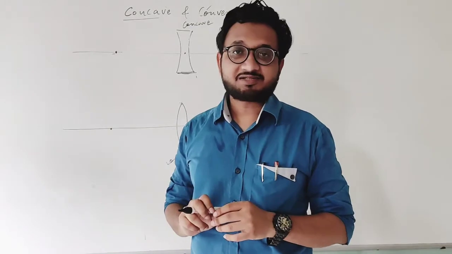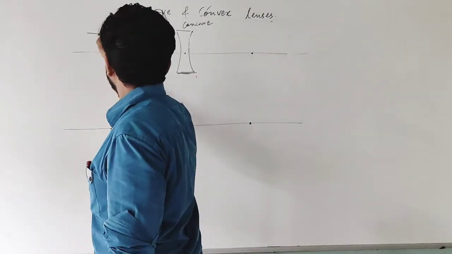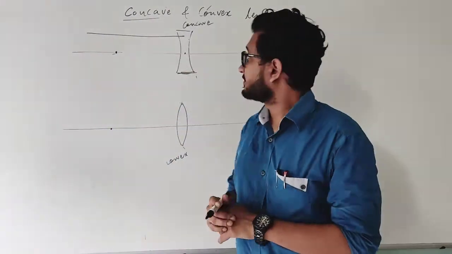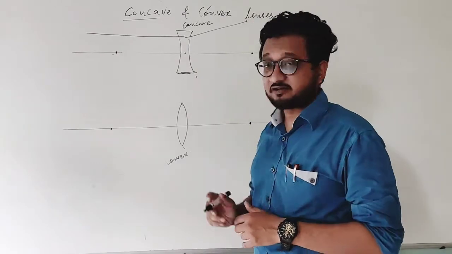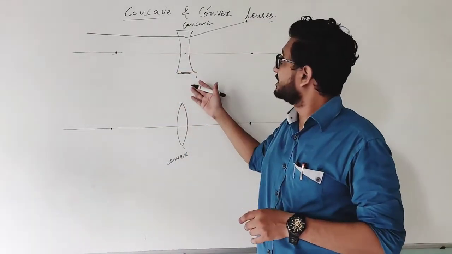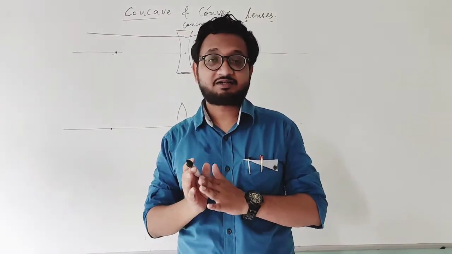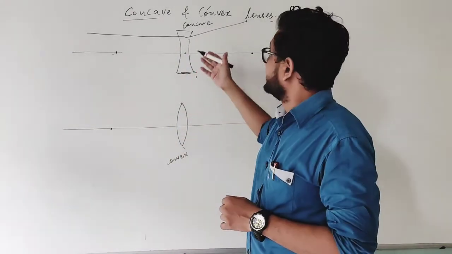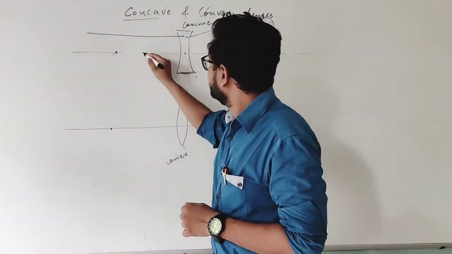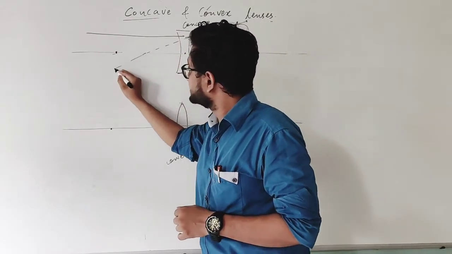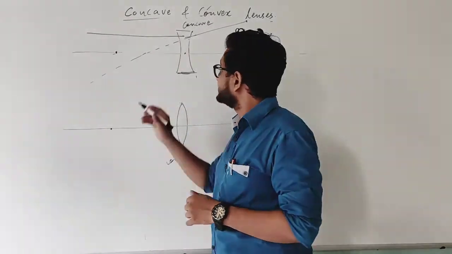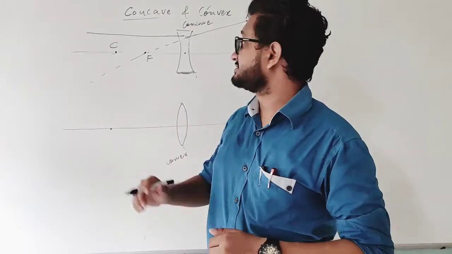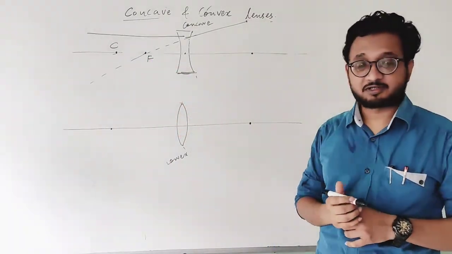So just like the mirror, imagine a ray of light parallel to the principal axis like this. When it refracts, because there is refraction now, no reflection, and this is a concave lens, it diverges like this. So it is not going to converge. So we take a rough virtual ray of light backwards, and wherever this ray points, that is our focus point. This is the center of curvature, this is the focus point.